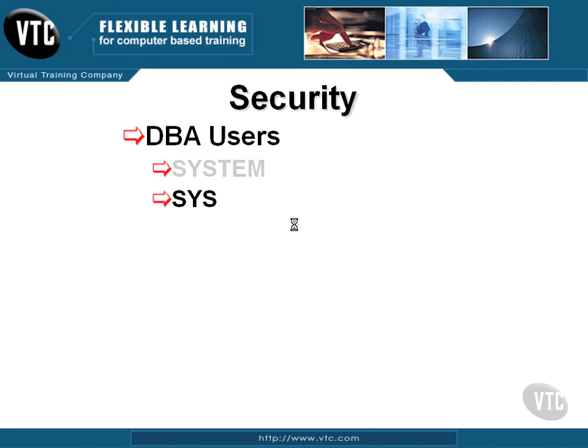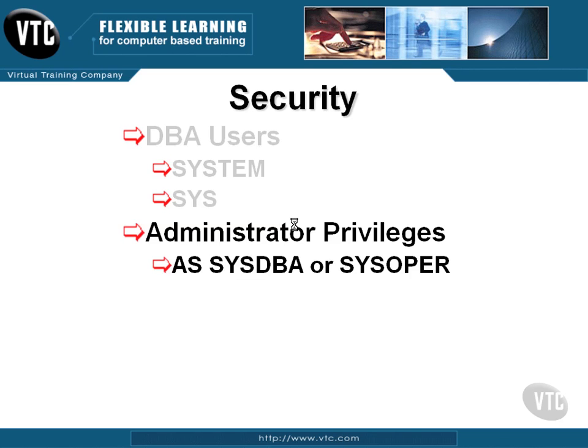He can actually shut down and start the database. You need a very basic user to get into the database when you have a real problem with it. So the best thing to do is always to connect to system when you're doing DBA work, or a DBA user that's created by the DBA with the DBA privilege. The next best thing is the system user, which has complete access to everything. And obviously the really dangerous one is the sys user, where you log in as sysdba or sysoper,